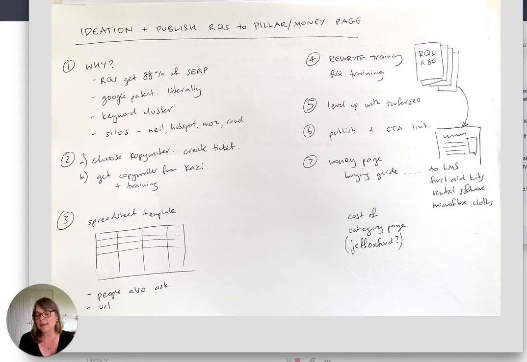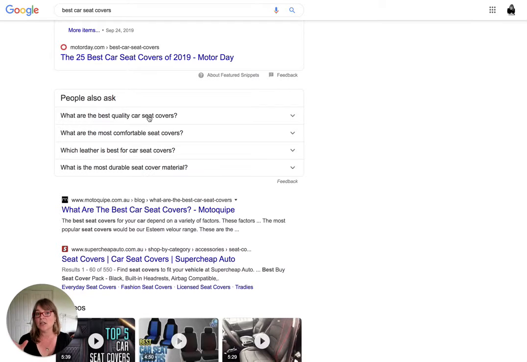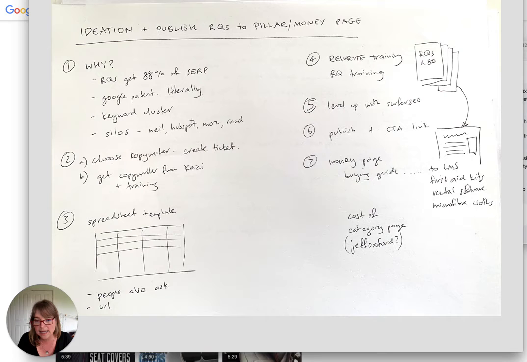So the second step is, now that you've got that general concept, you're grabbing content out of the search engines, and then you're rewriting that content to create 60 to 80 articles that are unique. Now, the next step is you need to get a copywriter. In our case, we've got a full team of 20 plus copywriters, so we would just do a brief and create a ticket.